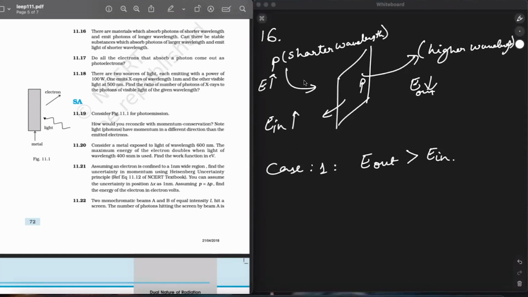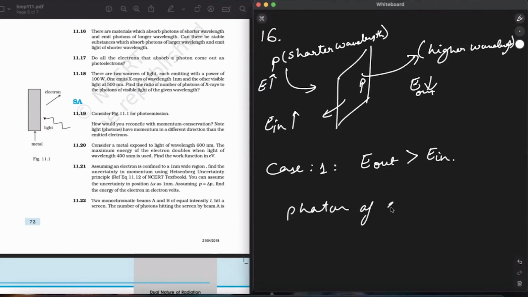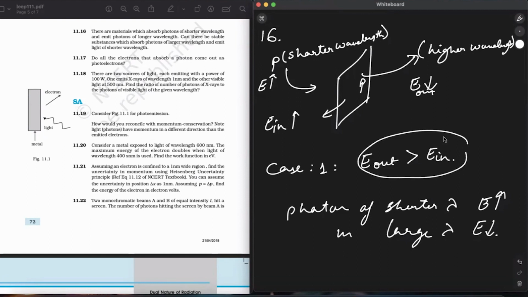Again, the same thing. If they absorb photons, a photon of shorter wavelength is high in energy, and a photon of large lambda is low in energy. So there is an imbalance of energy when it is gaining photons of shorter wavelength and emitting photons of larger wavelength. In this case, whenever E out is greater than E in, this means that